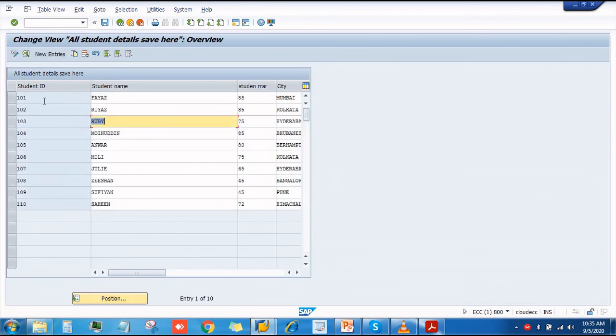First we created 101, 102, 103 without involving any 1-step or 2-step maintenance. We created 3 records. After that we selected 1-step maintenance. At that time we created 4 records, 104, 105, 106 and 107. Now by selecting 2-step maintenance, we have created 3 records, 108, 109, 110. In this way we can create 1-step and 2-step maintenance. We can also delete any record from here.